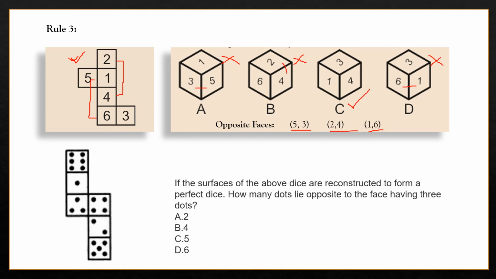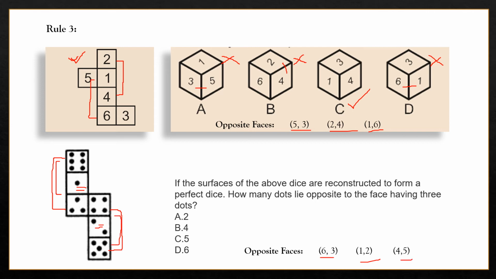An open dice can occur in this form as well, but as I have told you, always remember rule number 3 is that alternate faces are opposite. So this is the alternate face, right? And this is the alternate face. So the remaining two faces will be opposite to each other. So in this case, 6 and 3, 4 and 5, 1 and 2 will be your opposite face pairs. So let's jot it down. 6 and 3 from here, then you have 1 and 2, these are the two faces, then you have 4 and 5, which will be